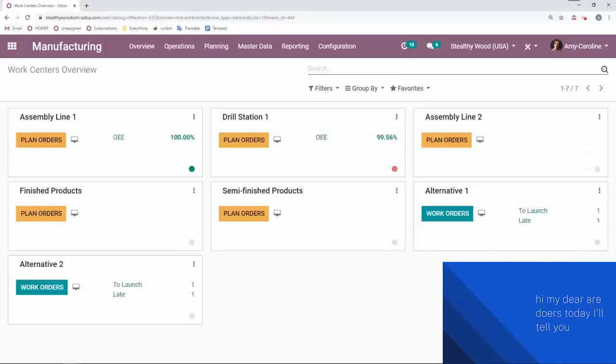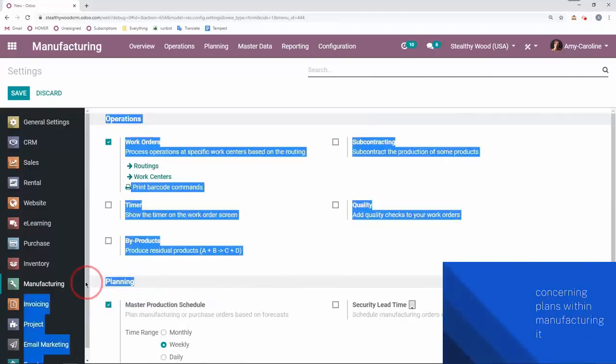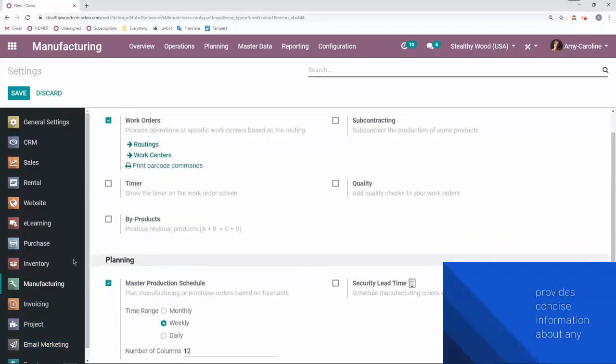Hi, my dear Odooers. Today, I'll tell you about something that has changed our lives: the master production schedule. One of the main benefits of the master production schedule for us is concise planning within manufacturing. It provides concise information about our entire manufacturing plan and gives us a clear understanding of what to expect. It also helps us prioritize requirements within the supply chain by analyzing all